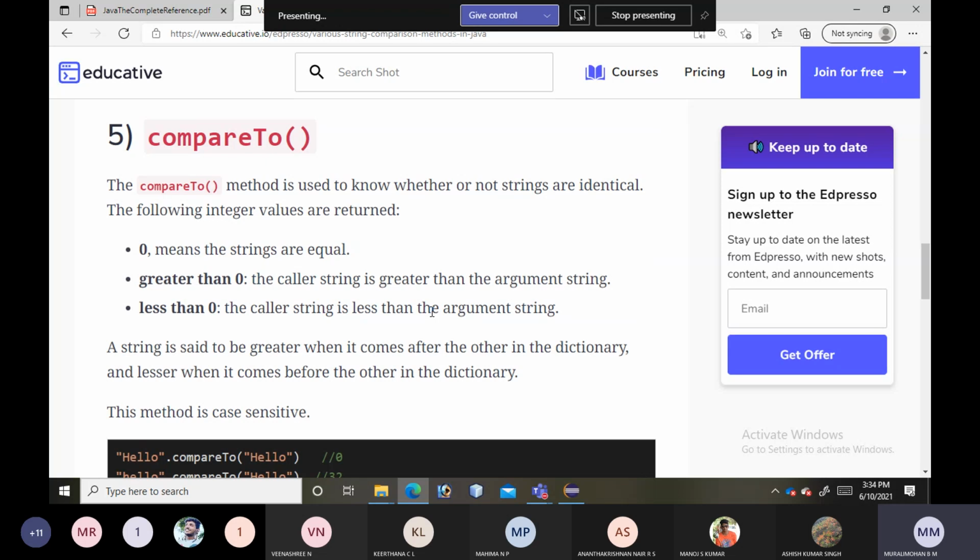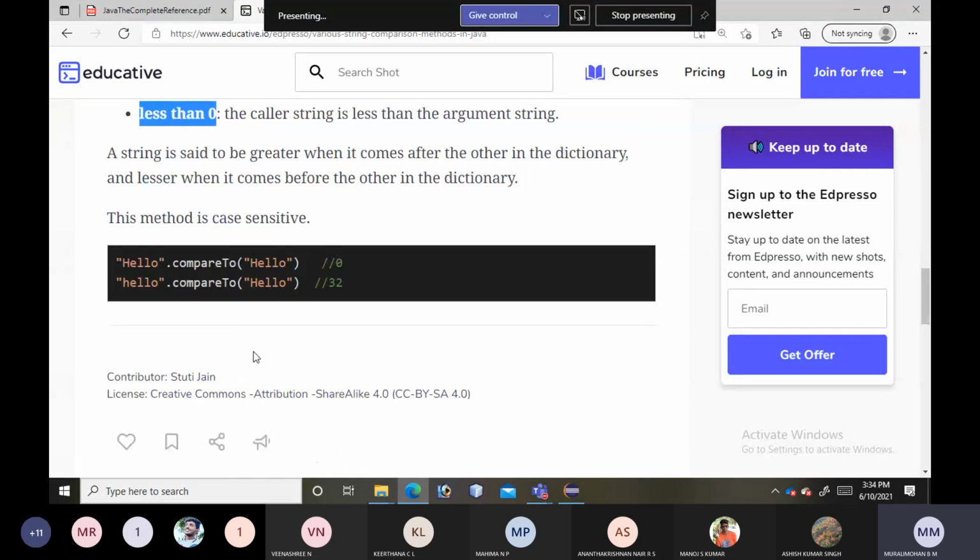In a dictionary we first get a, next b, next c, next d, like that. So B is greater than A, and similarly C is greater than B. This is how it will decide. If both are equal, 0. If the caller string is greater than the argument string, it is a positive value, greater than 0. If the caller string is less than the argument string, it is a negative value, less than 0.